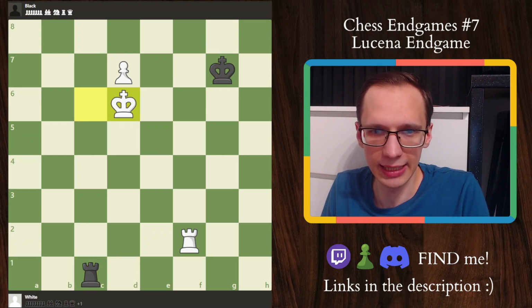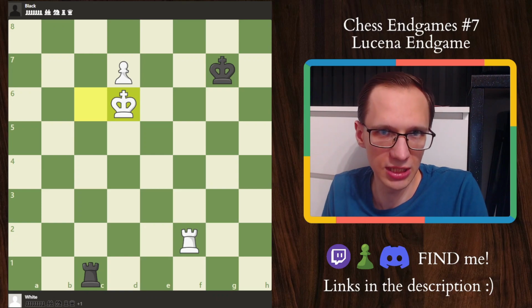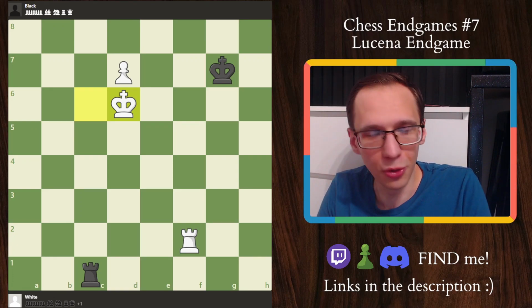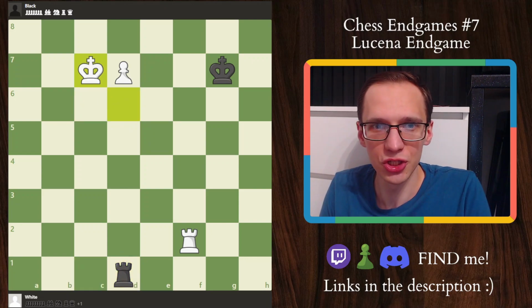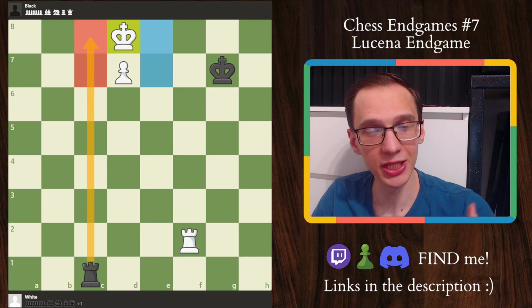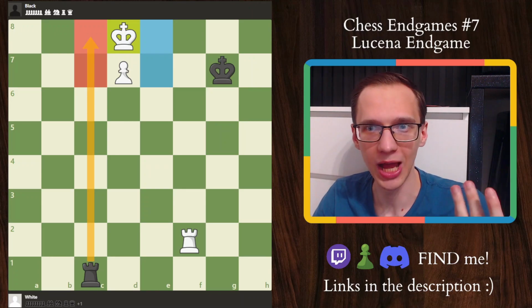Rook c1 check, king d6, and this is going to continue up until a point where you finally decide that this is nonsensical, you're not making any progress, and you decide to go back in front of the pawn. And of course, this is where I have to mention as well that if you start checking black's king, again,